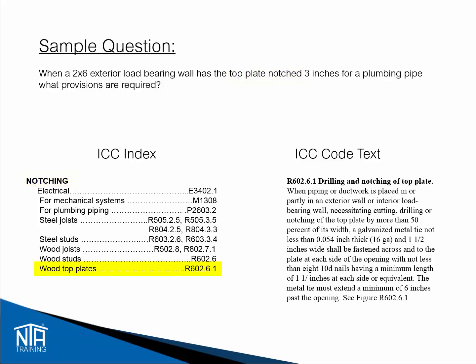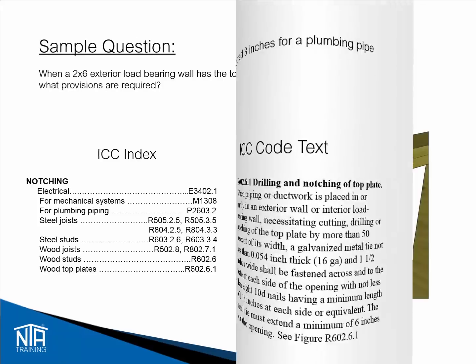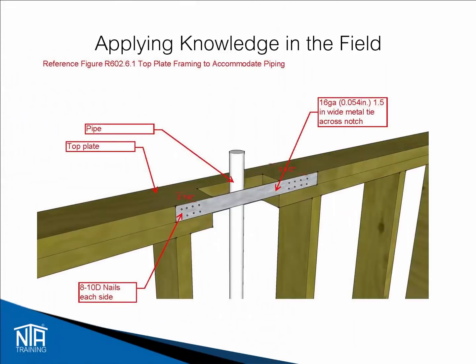R602.6.1. Upon reading this code text, you will find that if a top plate is notched more than 50%, then a 16-gauge galvanized metal tie is required to be located across the notch and be at least 1.5 inches in width with 8 to 10 D nails on each side. This is the answer to the question. In this illustration, you will see a top plate is notched and a metal tie is installed as required by Section R602.6.1. This can also be found in Figure